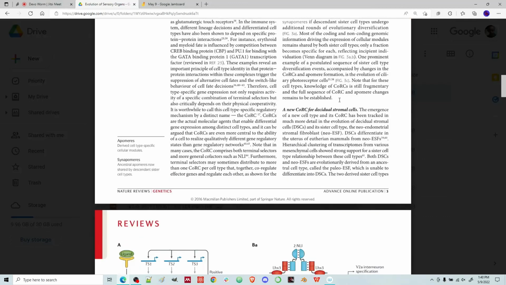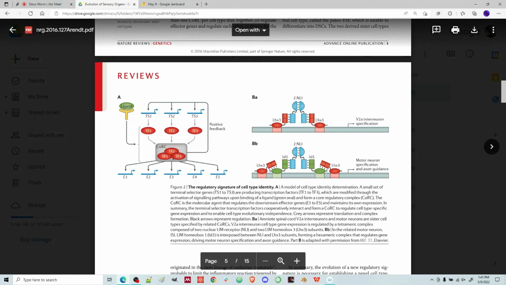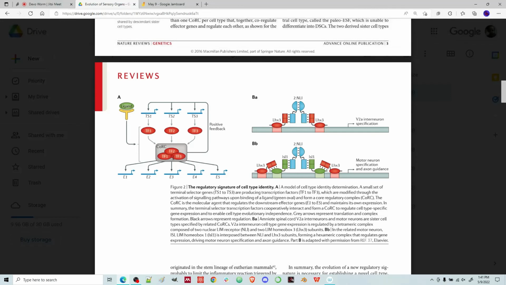So they kind of go through different cell types. This is an example of regulatory signature of a cell type identity. So they show this example of these transcription factor clusters. And so you see this actually in cellular reprogramming. This is important. They've identified 4 or 5 different transcription factors that, when introduced into the cell, can change the